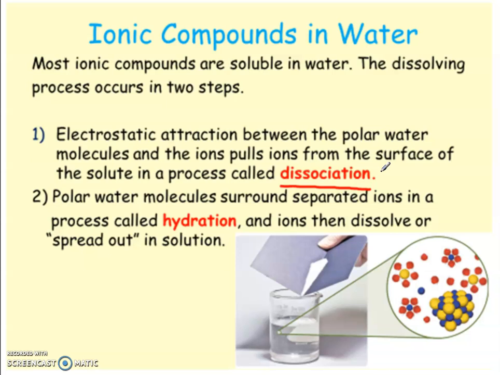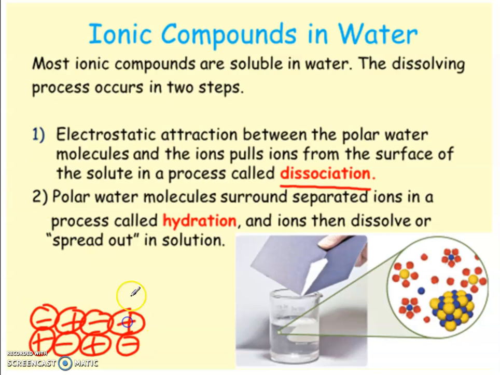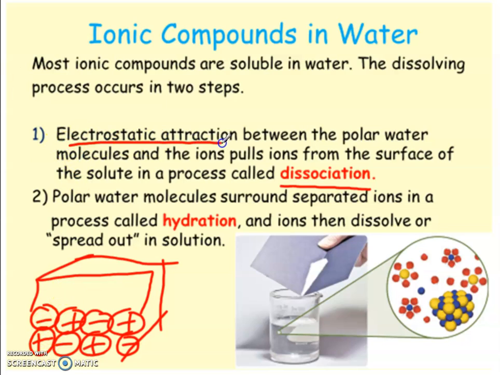So ionic compounds are essentially a crystal lattice structure. Imagine this is like a block, a cube of crystal lattice. Here, the positive and negative ions are being held together in their solid cubes with electrostatic attraction, right? So the positive ions and the negative ions are attracting. What happens is when water comes in contact with these electrostatic attraction forces, the water molecules actually will pull